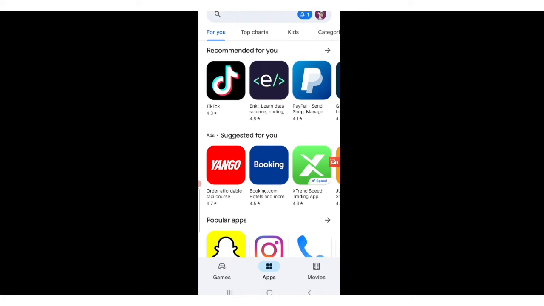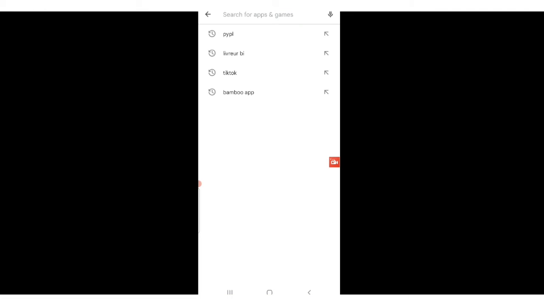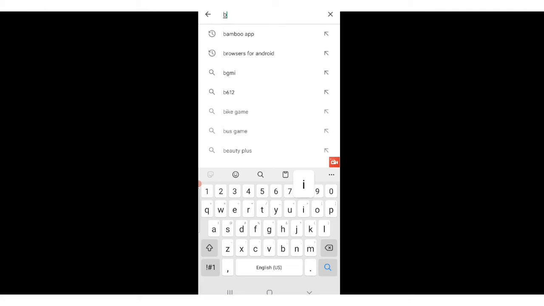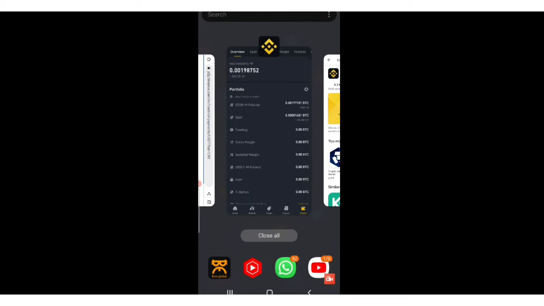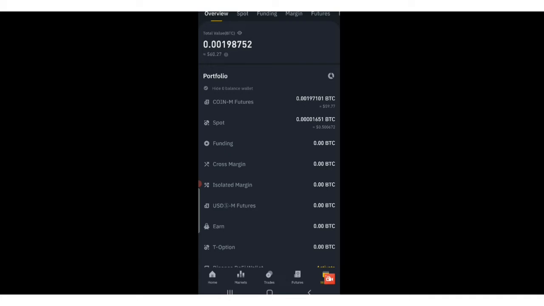If you search here, search for Binance. You see Binance. Yeah, this is the Binance app, and this is it. So you will download it. Don't forget, this is the original application. This is how it looks like. So when you download it that way to bring you there, don't forget